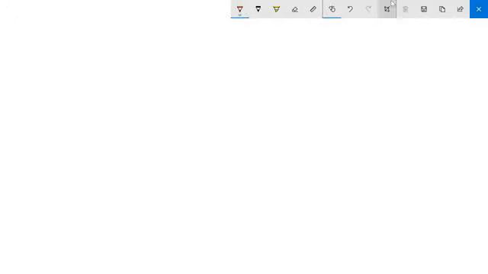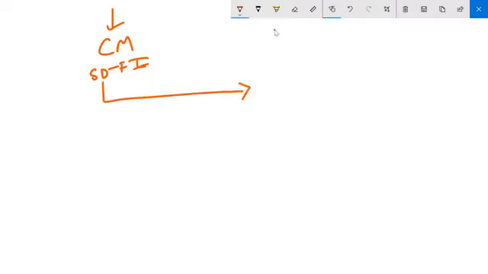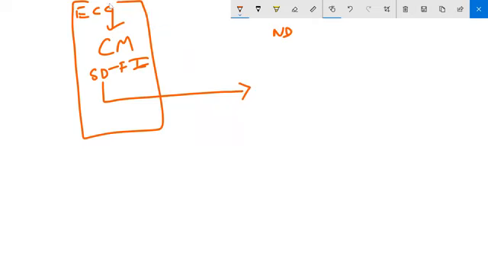See, customer master is the integration between SD and FI modules. SD and FI modules. Okay. Whatever we create as a customer in SD, the same thing is used in other new dimensional modules. What is a new dimensional module? Which sits on a different server. This is an ECC server, right? ERP ECC server. This is new dimensional modules.